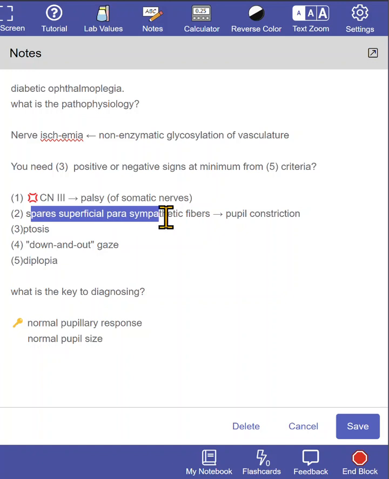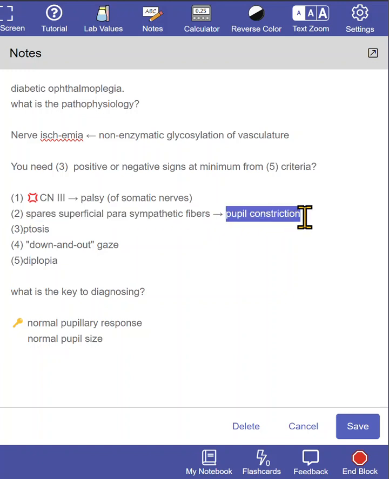You have spared parasympathetic fibers, so you're not going to have pupil constriction, because the parasympathetic would be rest and digest, and pupil constriction is something you would do if there was more than enough light. Whereas if you were running from a predator or trying to chase a predator, you'd want to get as much light into your eyes as possible so you can see them moving with the rods of your eyes. Then ptosis